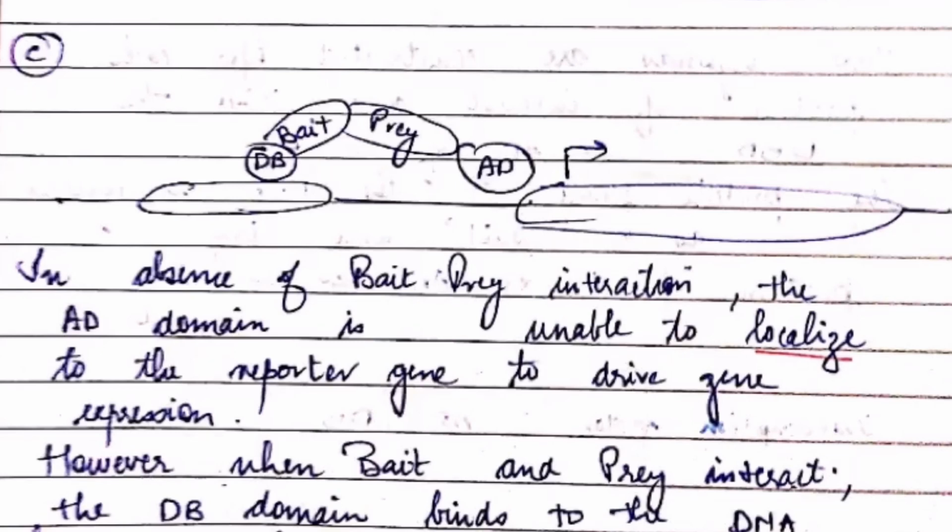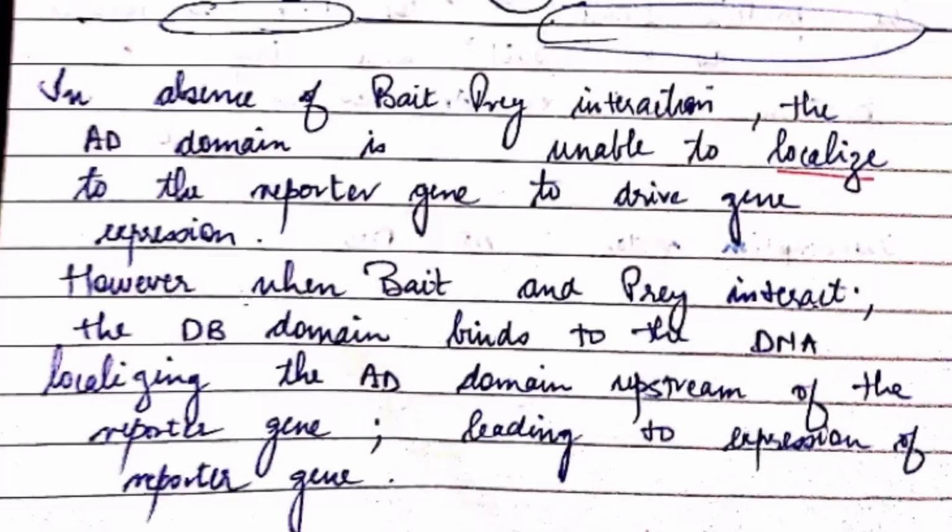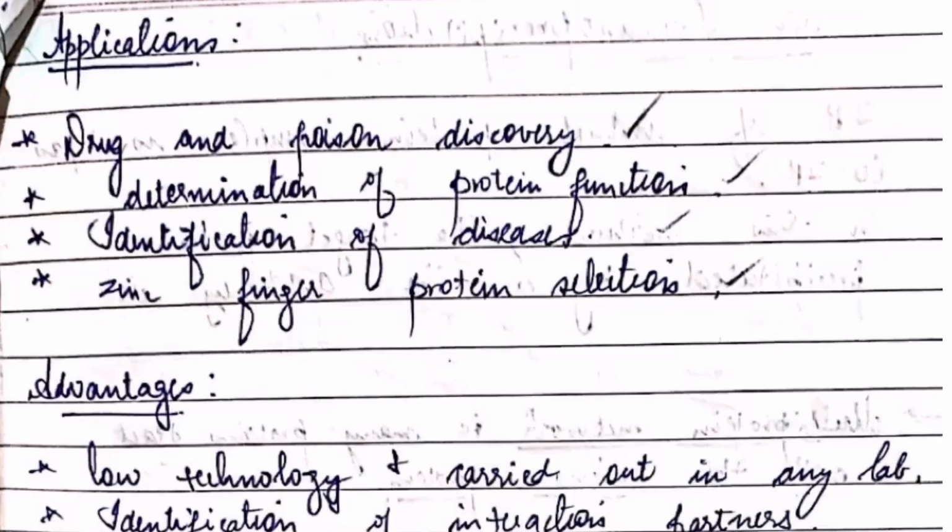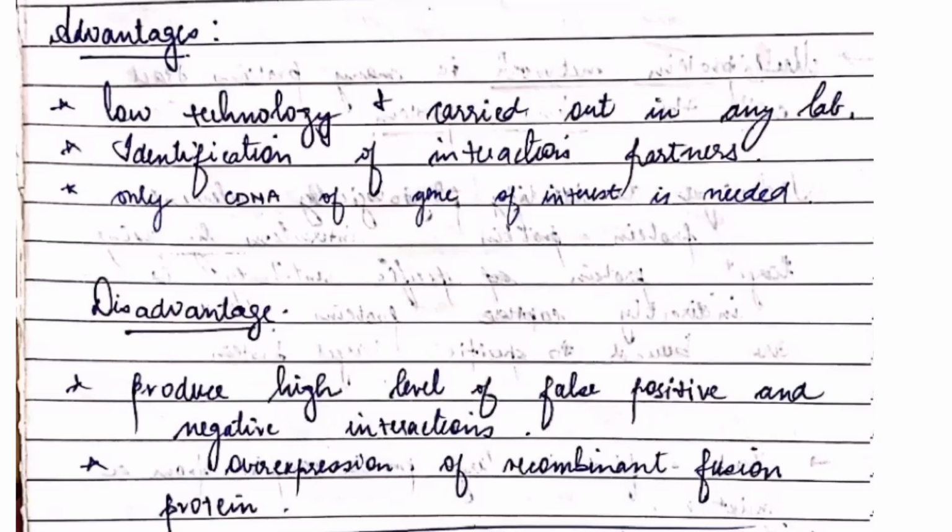But when bait and prey interact, that is in diagram C, the DB domain binds to the AD domain upstream of the reporter gene, leading to the expression of the reporter gene. And as soon as the bait and prey interact, the transcription of the reporter gene occurs and continues. Its applications are: it is used in drug and poison discovery, determination of protein function, identification of diseases, and